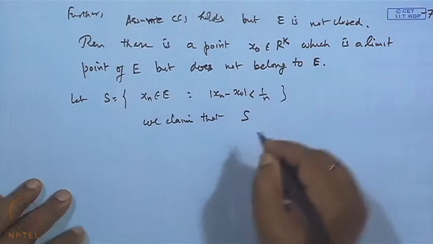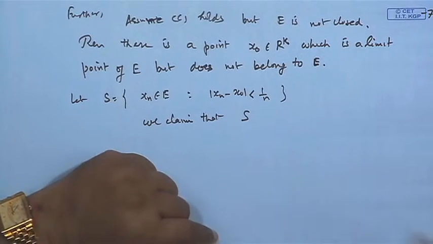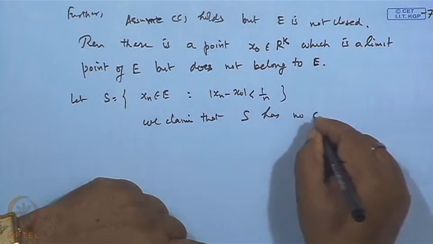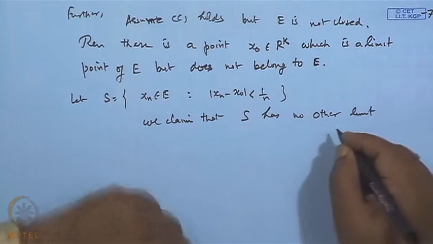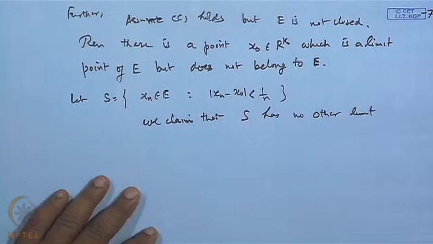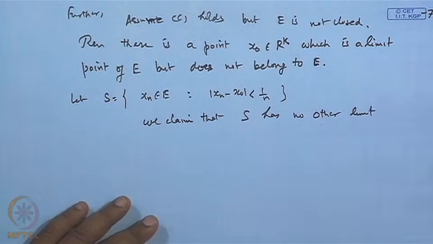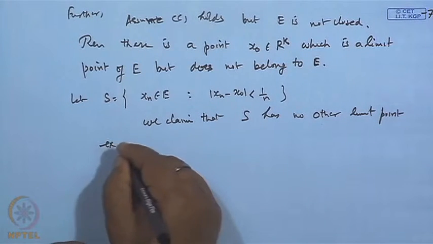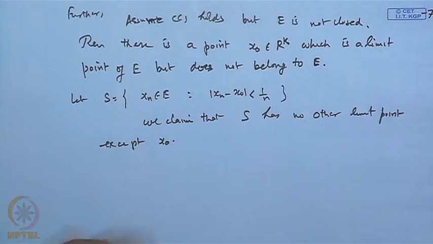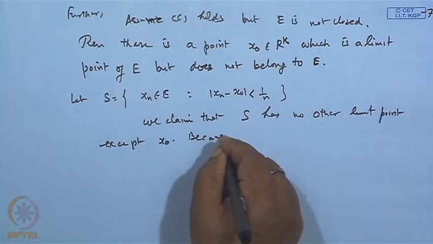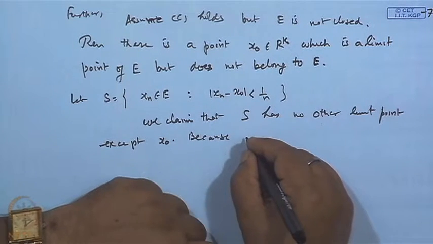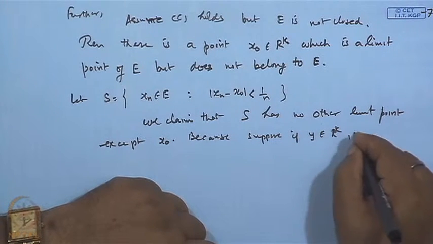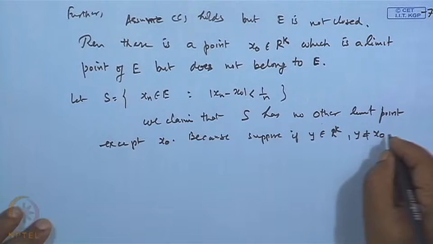that S has x naught as a limit, and S has no other limit point except x naught. Because suppose y is another point, suppose y belongs to R^k and y is different from x naught, and y is a limit point,